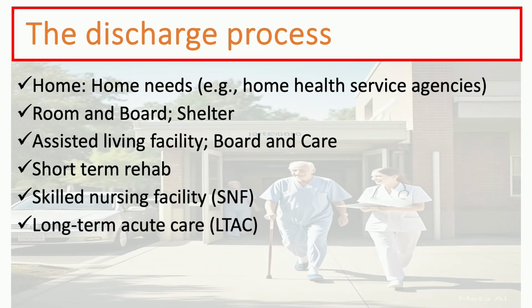And those who really need dedicated specialized care might need to go for long-term acute care. A classic example would be a patient on a ventilator. If they are stable enough to go on with the ventilator, they will need to go to specific facilities, and it might be a little bit challenging to get in some places, but the case management can help you with that. So this is just an overview of how the ward rotation looks like,